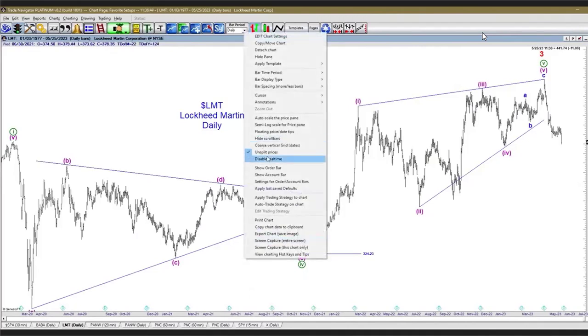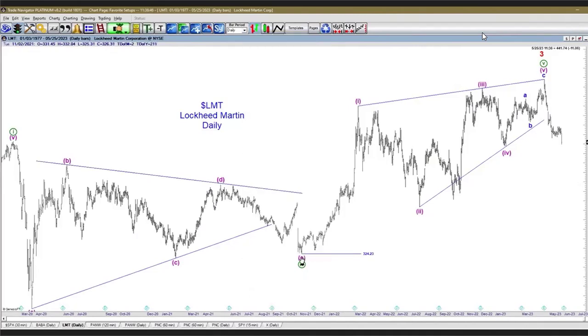Let's see. Yeah, so end of wave 4 is 324. So Lockheed Martin could come all the way down there. That looks like a possibly reasonably good target for Lockheed Martin. So you don't see these ending diagonals very often, but basically when you do,